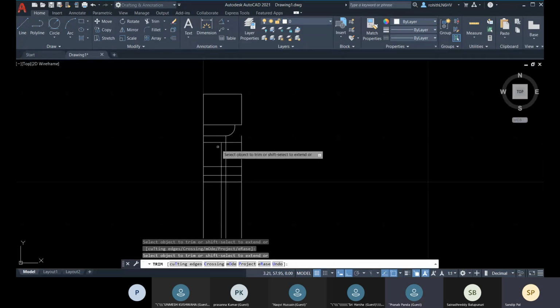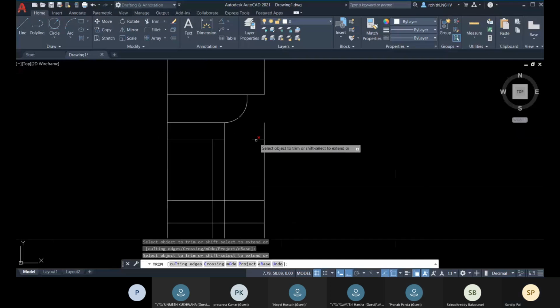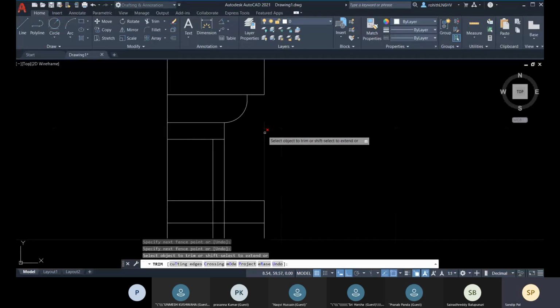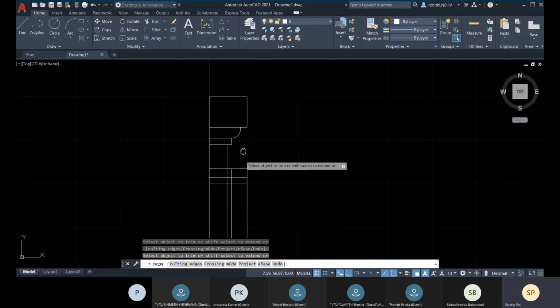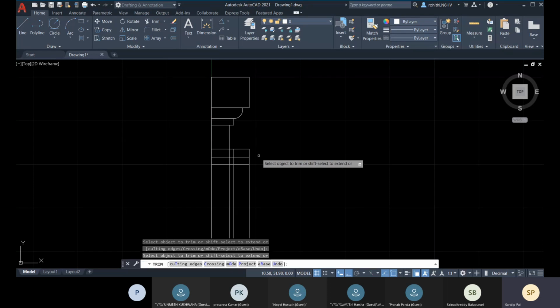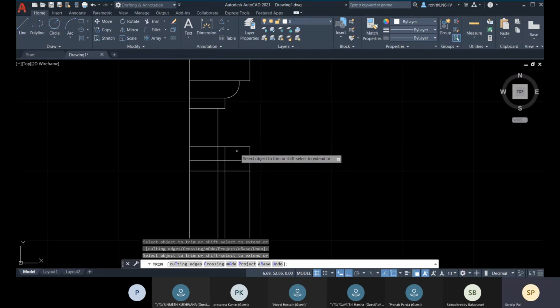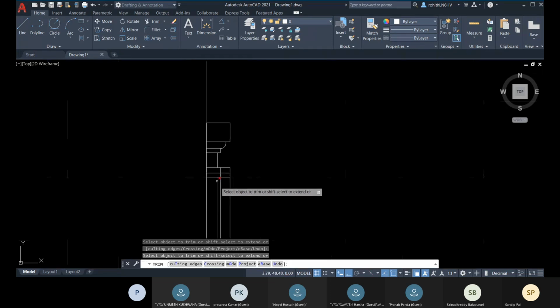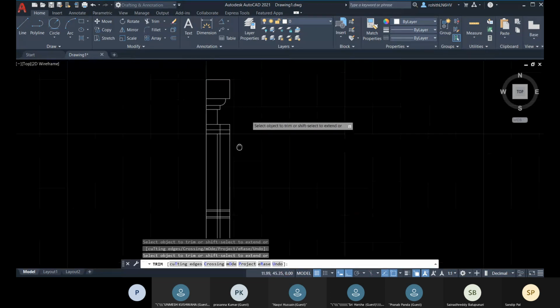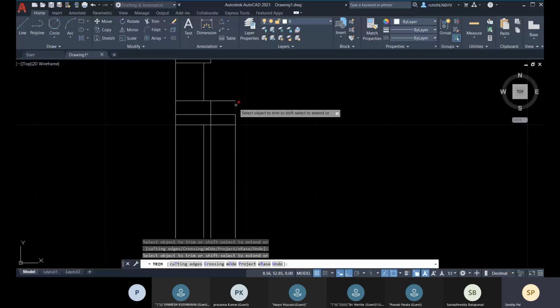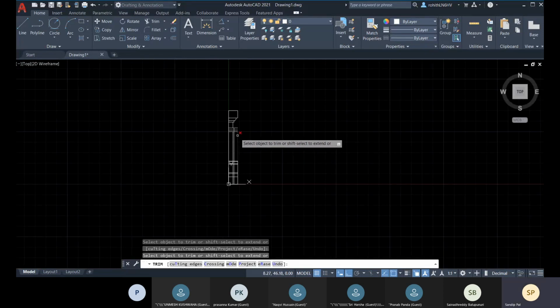And here I'll be trimming this one and this one. So this part is completed, right? And about this one, okay, I will delete that and here I'll be deleting it.